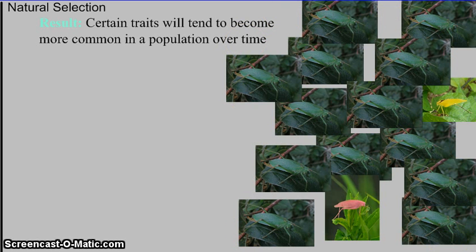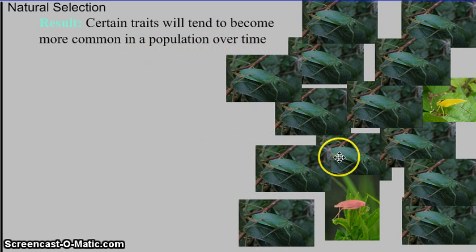After the bird has eaten the katydids that it can find and picked out most of the pink and the yellow ones, leaving mostly green ones to reproduce, in the next generation you will find a greater number of green katydids. Okay? This explains why green katydids are so much more common. So the result of those three components is that certain traits will tend to be more common in the population